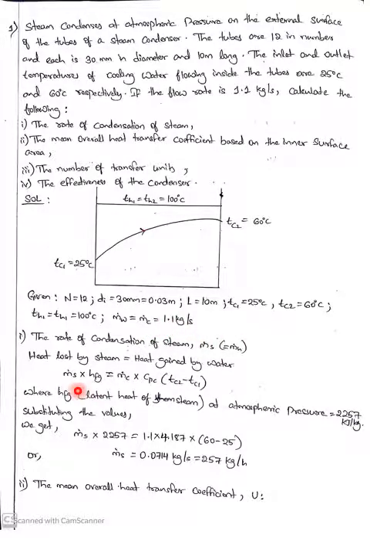Now, according to the energy balance equation, the hot fluid will be losing heat and similarly the cold fluid will be gaining heat, which will be equal. So if you equate that, at atmospheric pressure, since the hot fluid conditions and parameters have not been given, you can directly consider it as mass flow rate into the latent heat of steam. You can remember the latent heat of steam as 2257 kJ per kg. If you remember this, you can directly use this value for solving the mass flow rate of the steam. This is the mass flow rate of the steam.